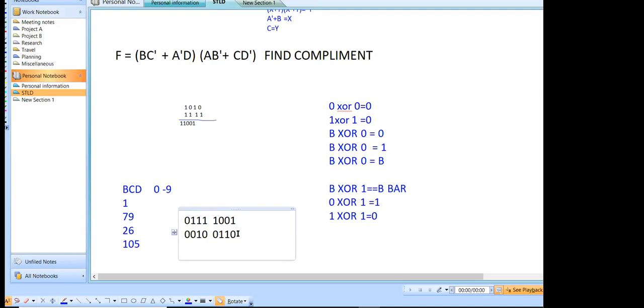Now I need to perform the addition of these two numbers. Here the condition is, when we are adding two BCD numbers, if the sum is greater than 9,